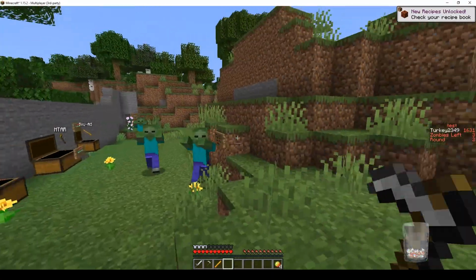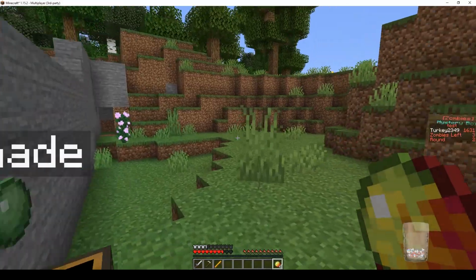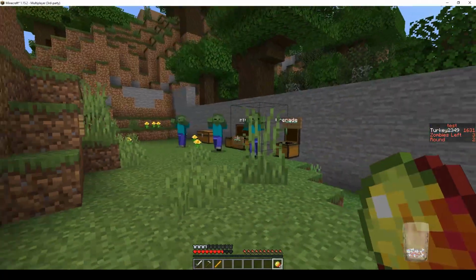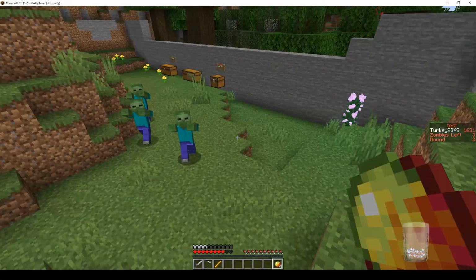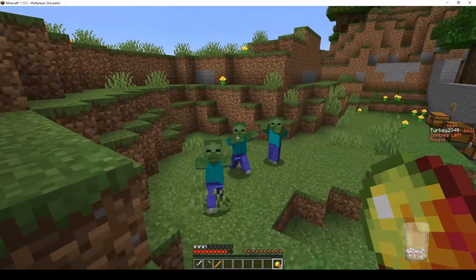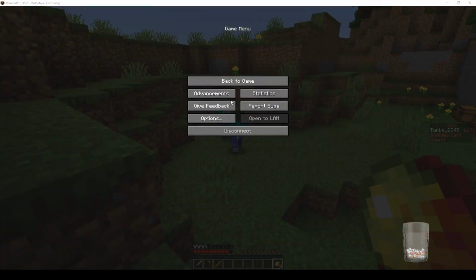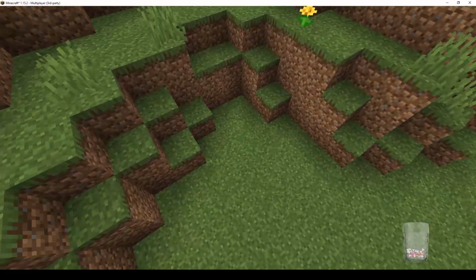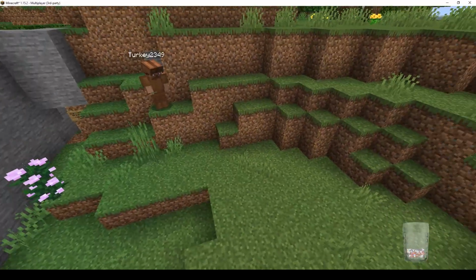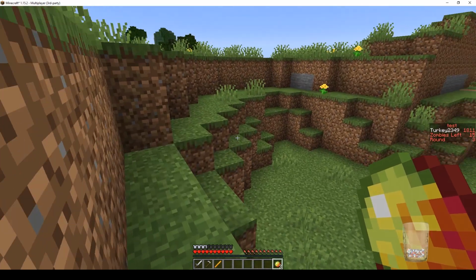You can see they are magma cream in the far right slot of my inventory. The way these work is you have the zombies around you, and you throw the magma cream out, and the zombies will be attracted to the magma cream, as you'll see here. So I throw that out, the zombies are now attracted to the magma cream, and if I switch over to my other account, you will see that they're actually being attracted to an invisible armor stand. It was hard to see there, so let me try this again and get you a better view of it.